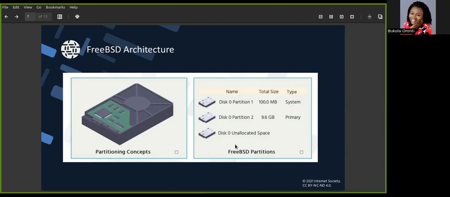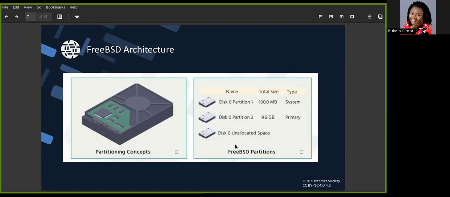We have the root partition, whose content and size are enough for the system to boot, to restore, to recover, and to repair. Also, we have the swap partition, which simply holds space for virtual memory. And we have the var partition, the variable partition, for keeping variable files such as logs, mails, spools, and the likes. And we have the temp partition where you keep temporary files.